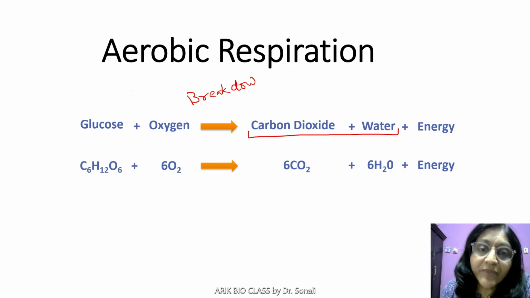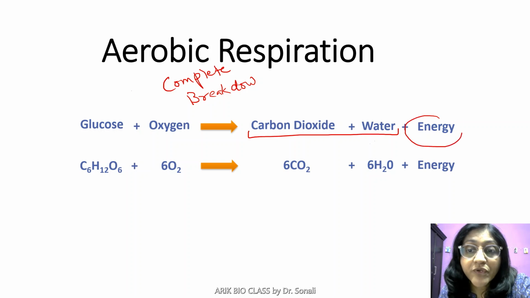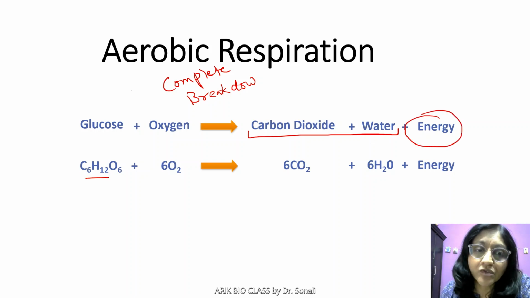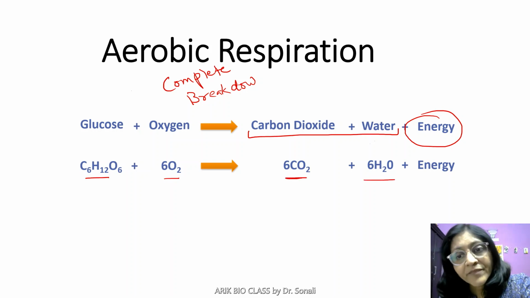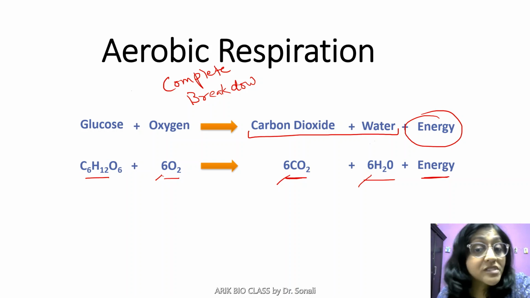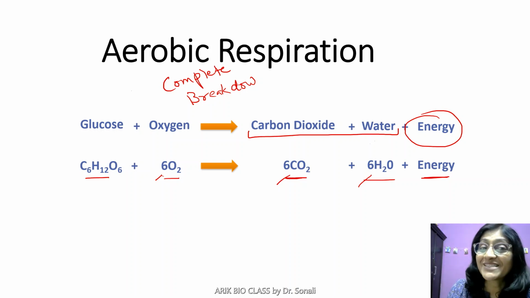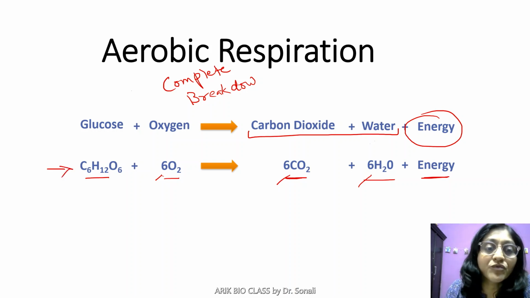So glucose completely breaks down into carbon dioxide and water, and it produces lots of energy. So this is glucose. In the presence of oxygen, it forms carbon dioxide, water, and energy. You must be thinking why this 6 oxygen, 6 carbon dioxide, 6 water, why have we put these coefficients or numbers in front of these molecules? That is a part of chemistry, but you must know that whenever we write any chemical equation, we must